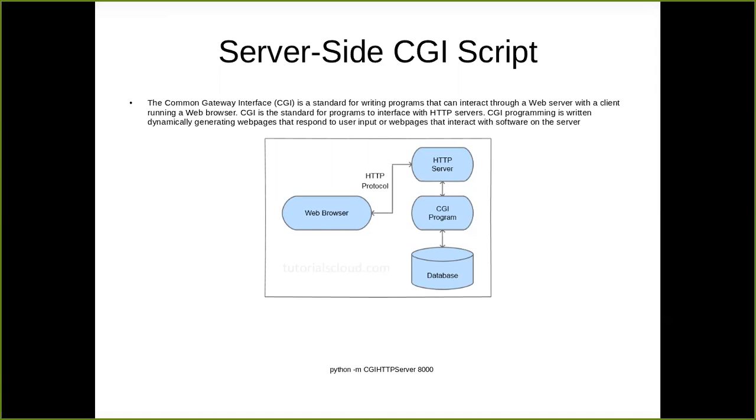But we can achieve that same stuff with the help of a small script that is called a CGI program. It is nothing but executing your Python program from a front end. But by default, it is not possible, right? So what is required to execute your Python program? The basic Python interpreter. Exactly. We need a Python interpreter.